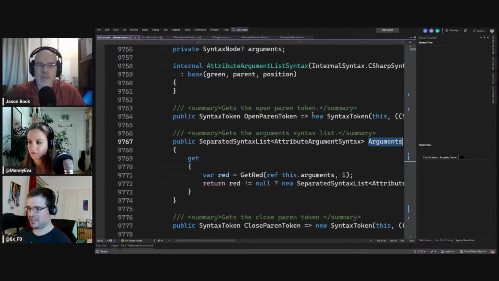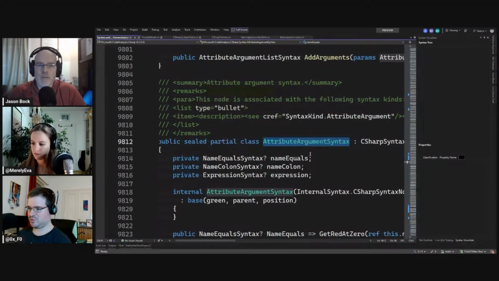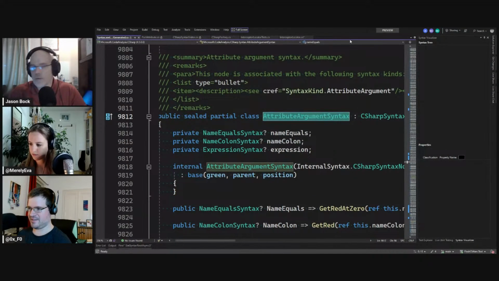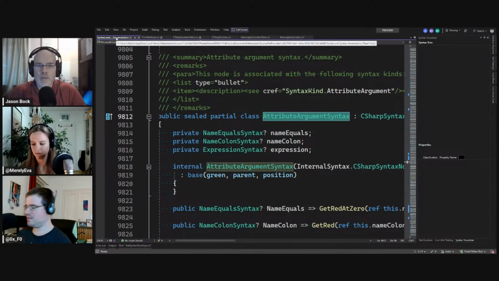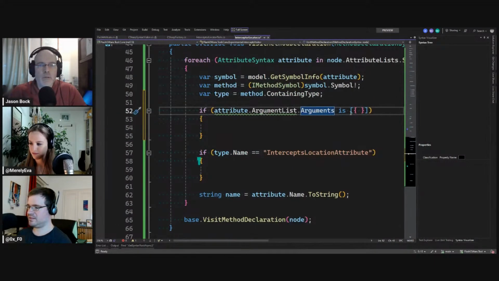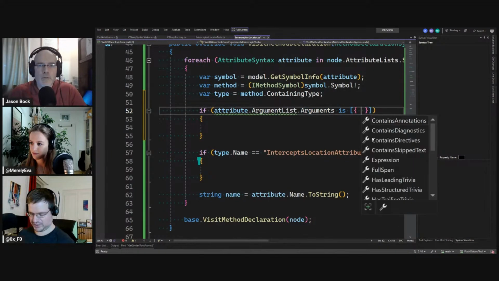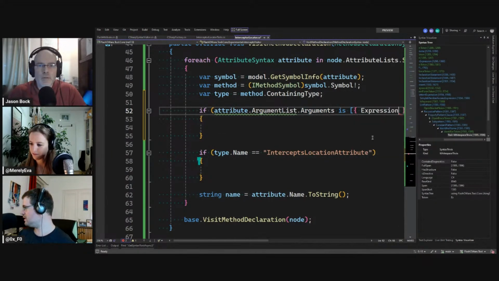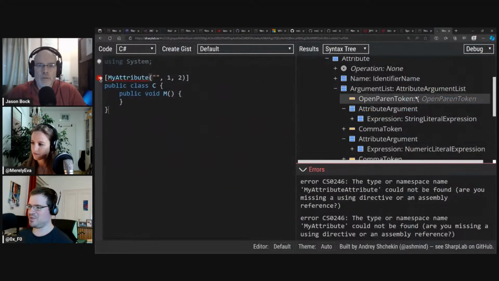So this will be an argument, and we have attribute argument syntaxes. And these have an expression, because I'm looking now here, basically building that. And basically writing exactly that.